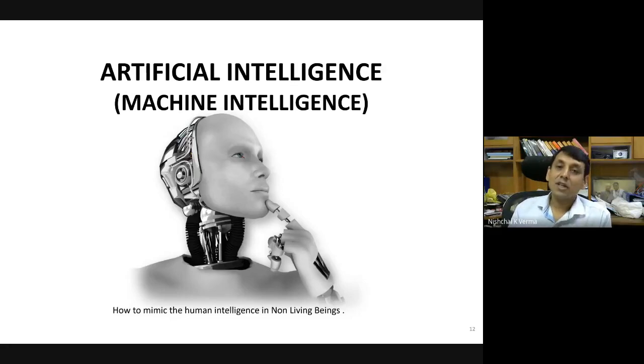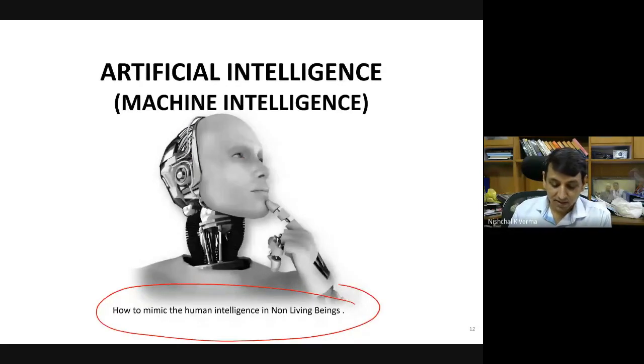So what is artificial intelligence in a very crisp sense? In very few words, what is artificial intelligence? Artificial intelligence is nothing but mimicking the human intelligence in non-living beings, right? So it means whatever human beings can do, the machines can also do, right? It is very difficult, it is not easy, right? But at least some of the activities that humans do, if the machines can also mimic the same, we would call the machines